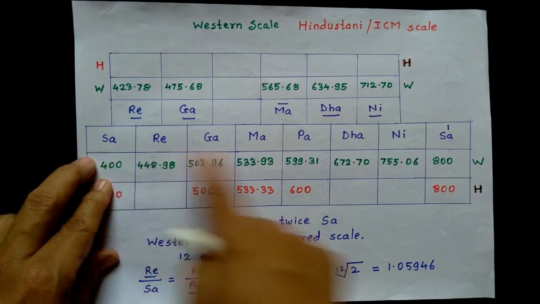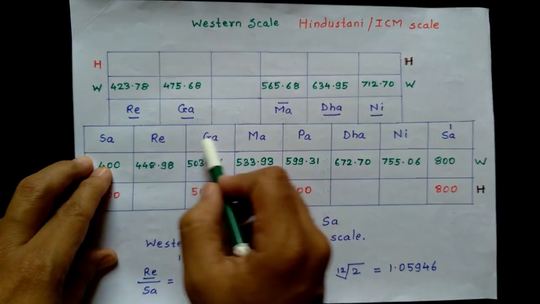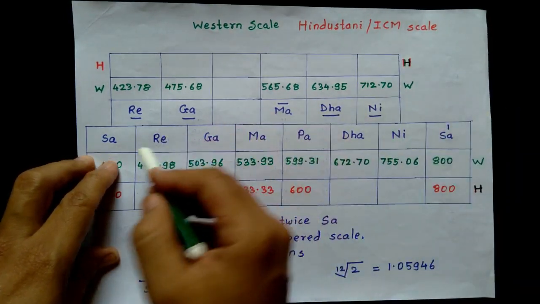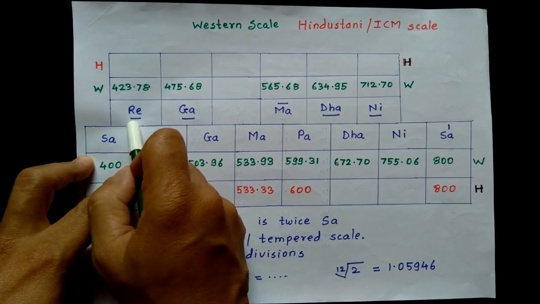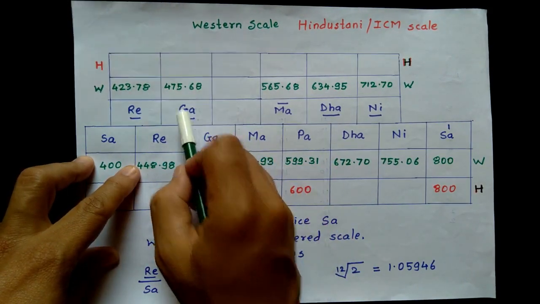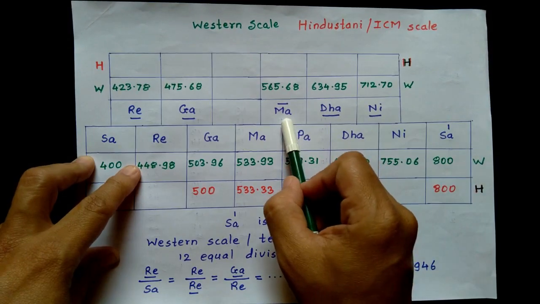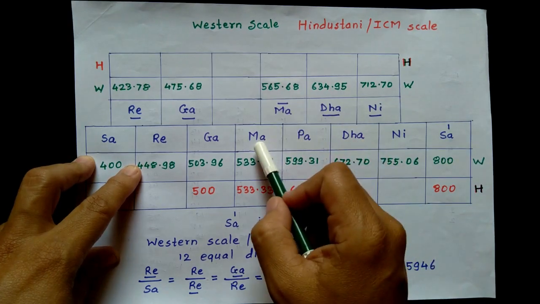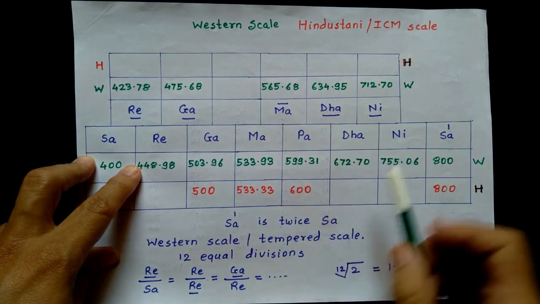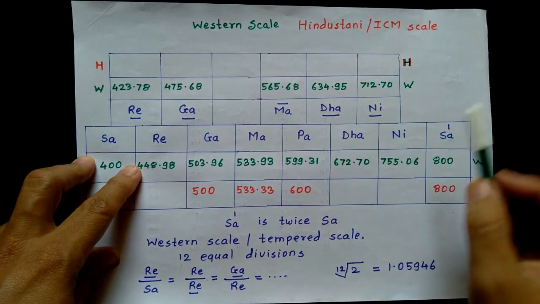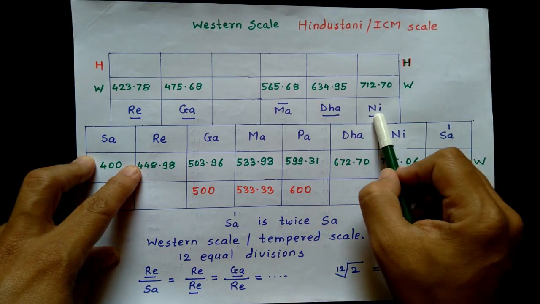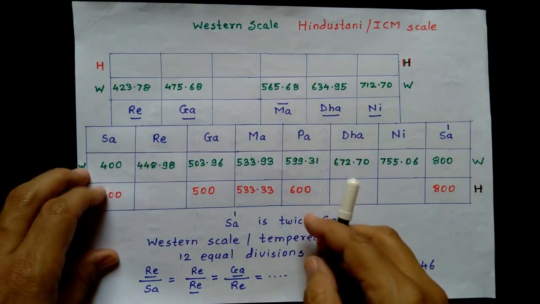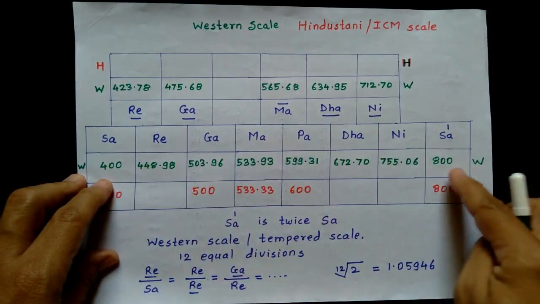In Indian classical music, here are the sa re ga ma pa dha ni and sa. So these are the Shuddha swaras, and in between sa and re there is komal re, between re and ga there is komal ga, between ma and pa there is tivra ma. We call it tivra as its frequency or pitch is higher than that of Shuddha ma. In between pa and dha there is komal dha. In between dha and ni there is komal ni. So this is the division sa re ga ma pa dha ni. So there are 12 parts between sa and upper sa.